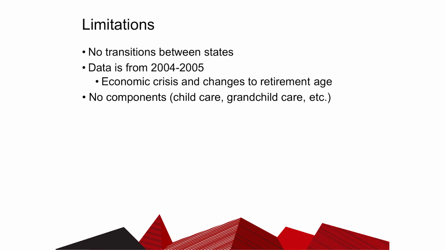We do have some limitations. We can't measure transitions between states, so who's coming in and out of different caregiving roles. The data is a bit older. It's from 2004 and 5. Since then, there's been an economic crisis, changes to retirement ages, et cetera. We'd love to have data over time, but we don't have that. And this data doesn't have components, so we can't break down care by whether it's given to children, grandchildren, et